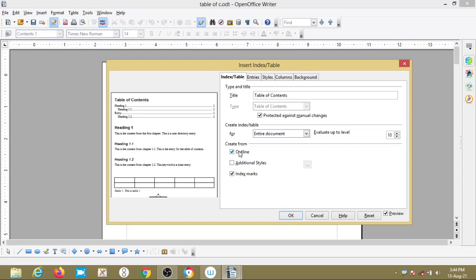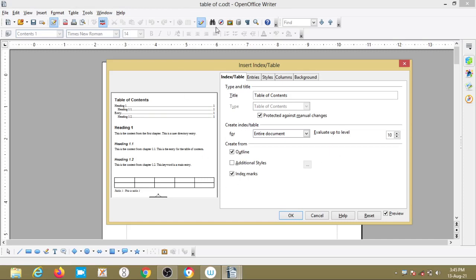Entry space is used to format the entries in the table of contents, means if I want to format or apply character styles to each outline level independently from the other levels, then it can be done using the entries page. In this we can add or delete the elements of each outline level from here,